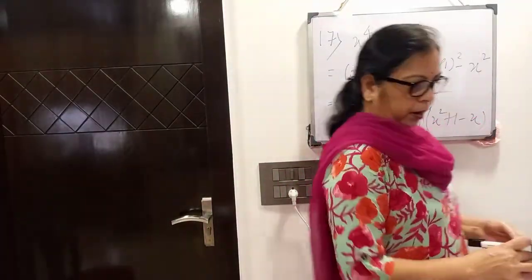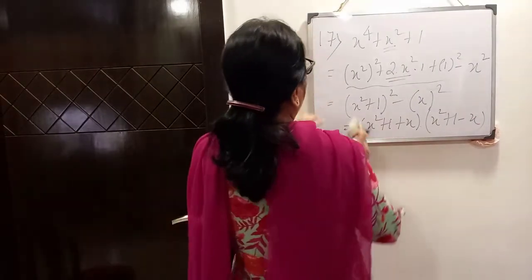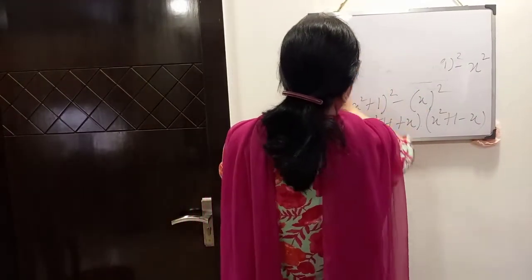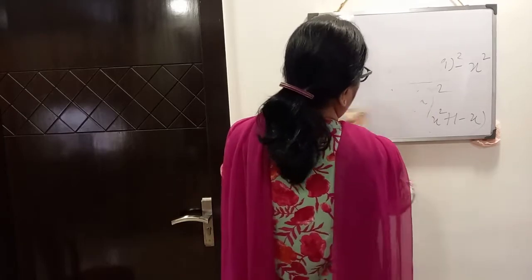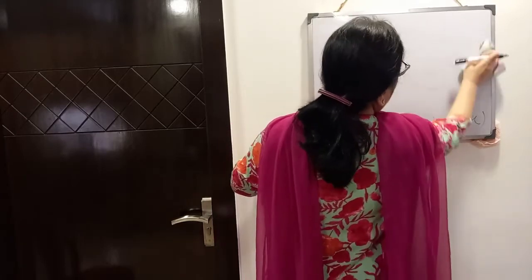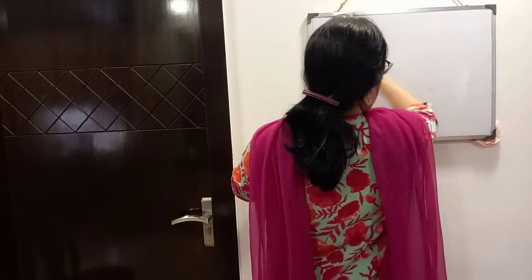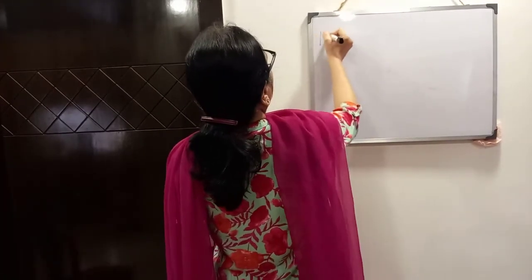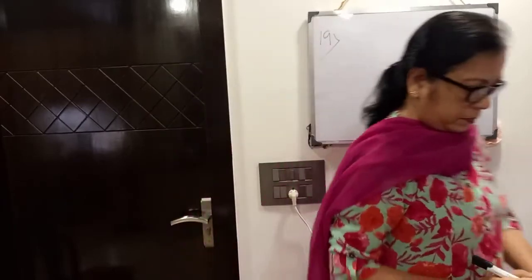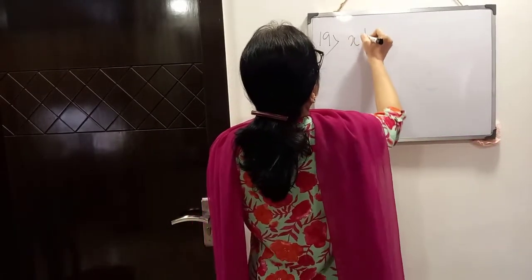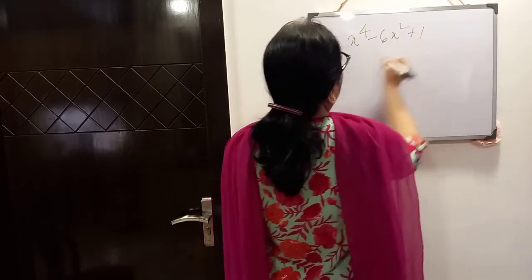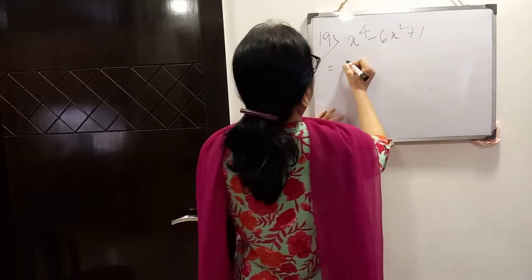So number 18 you can do yourself like 17. Number 18 and 17 similar type. You will try. Now 19. X to the power 4 minus 6x square plus 1. Here also